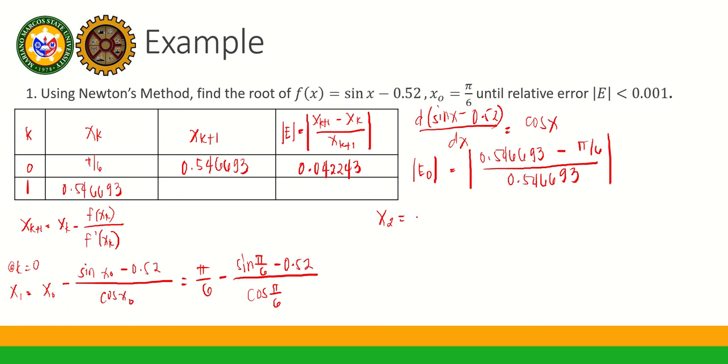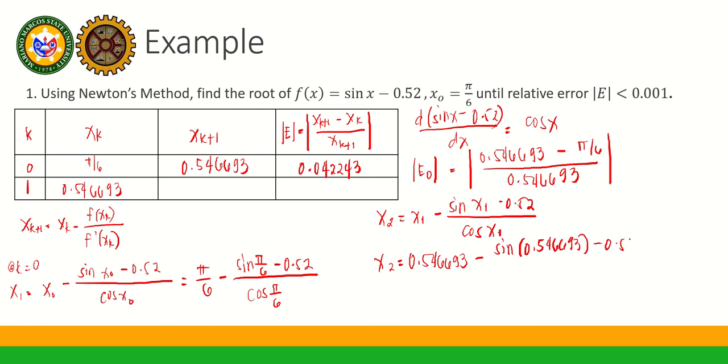Okay, sige. X sub 2 is equal to x sub 1 minus sine x sub 1 minus 0.52 all over cosine x sub 1. So, what is our x sub 1? That is 0.546693. So, this is 0.546693 minus sine 0.546693 minus 0.52 over cosine 0.546693. Okay? So, our x sub 2 will be equal to, computing this one, you will have